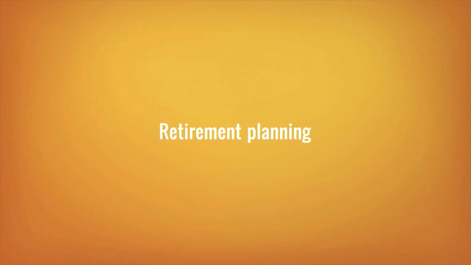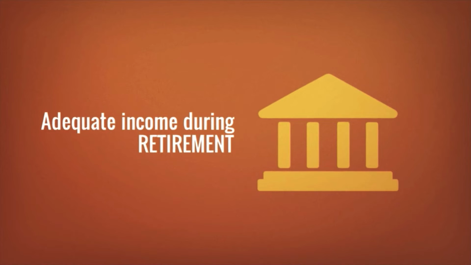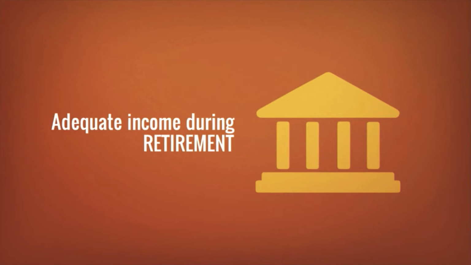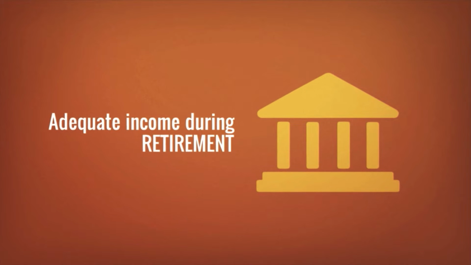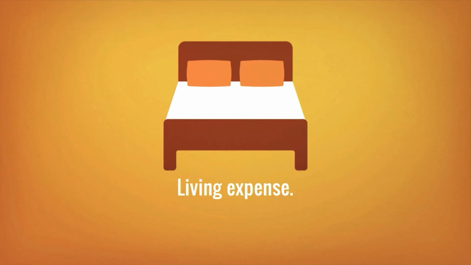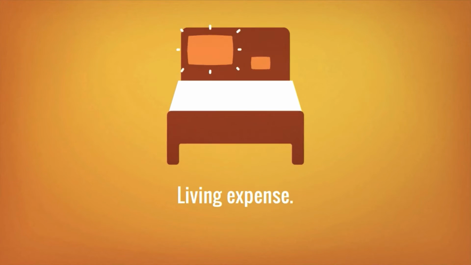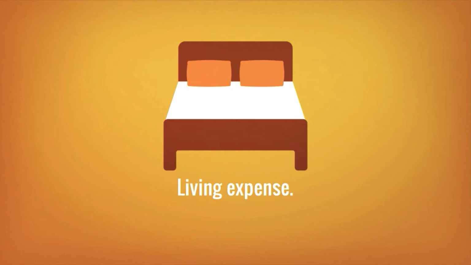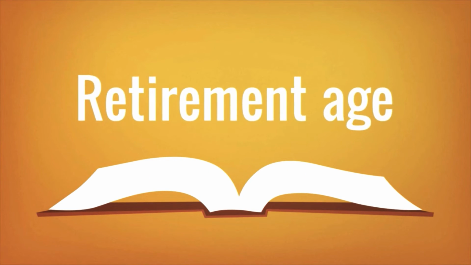Retirement planning. Well, retirement planning is about ensuring that there is adequate income to meet the expenses in the retirement stage of an individual's life cycle. There are a few things you need to know before we get into the calculation. One is living expense. This comes from the cash flow analysis, and this includes both fixed and variable expense. The next item you need to know is when do you plan to retire, at what age, and the third